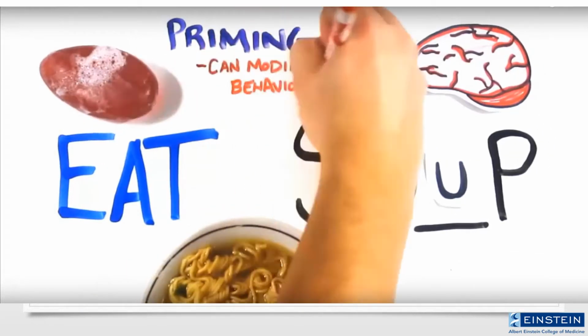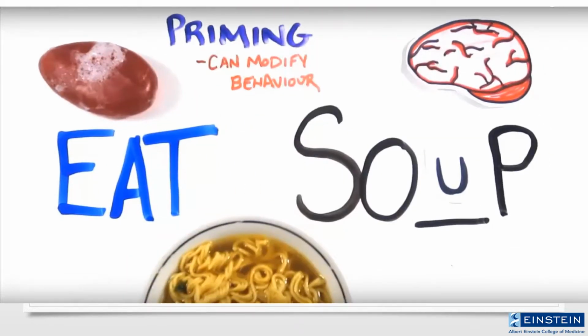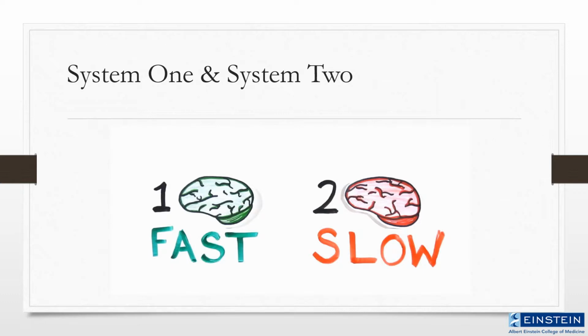Though System 2 likes to think that it's in charge and knows what's going on, the truth is that priming effects have even been shown to affect and modify behavior. As the video mentions, we need both our System 1 and System 2 thinking. Imagine how little work we would all get done if we had to consciously think about everything, including how to take steps to walk into work.